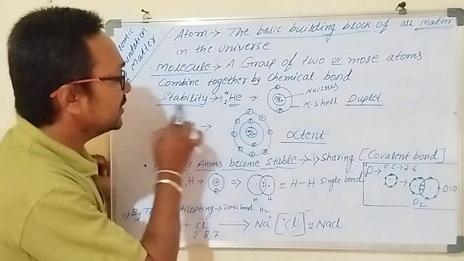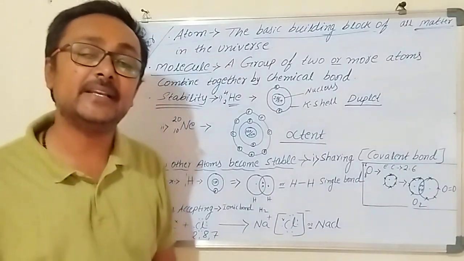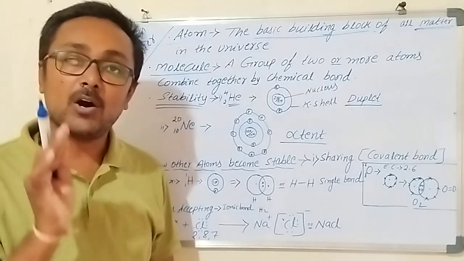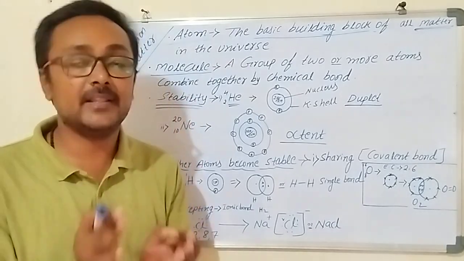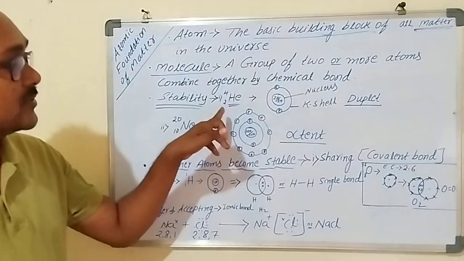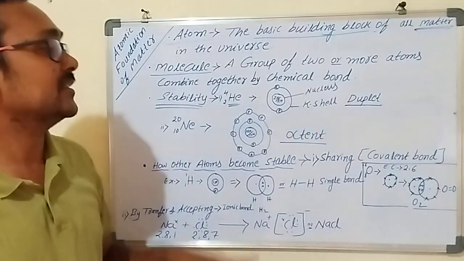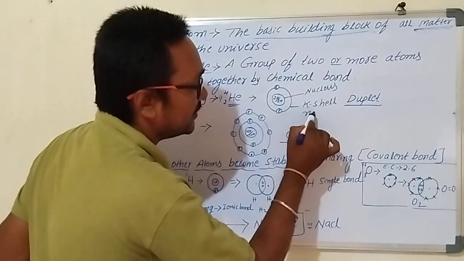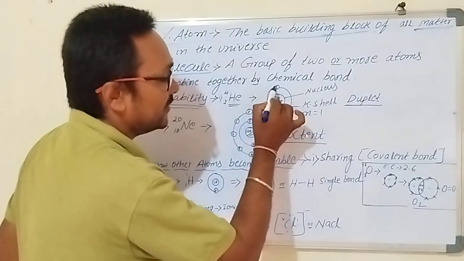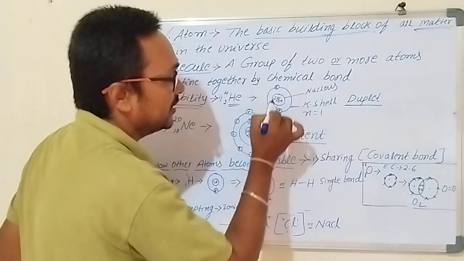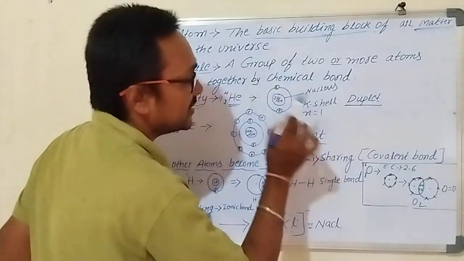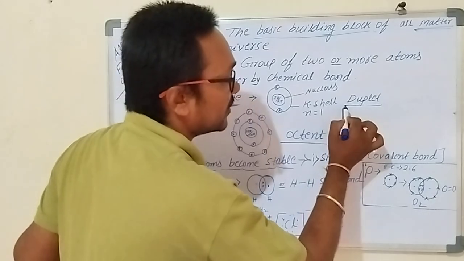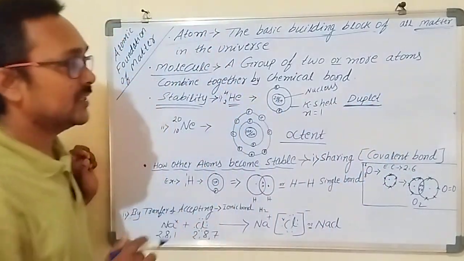See, stability. There are a total of 118 elements in the periodic table. In that, the 6 noble gases have already attained this stability. When it comes to helium, that is duplet formation, in the sense in the outermost shell, that is the K shell, or energy level equal to 1 also we can consider. It has 2 electrons in the K shell. The K shell capacity is 2 electrons only, so the maximum electrons are already held, so duplet formation is there, so it is stable.